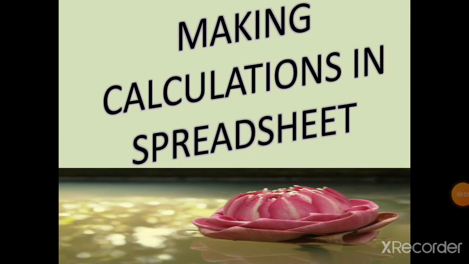Our next topic is making calculations in spreadsheet. In this topic we are going to learn how to enter a formula in a cell. To do our calculation simply, we can create a formula by using an Excel spreadsheet. And then we are going to see what is the use of auto sum, and multiplication and division can also be done in our spreadsheet. So how are these things happening in an Excel spreadsheet? Okay. So this is our topic, making calculations in spreadsheet.